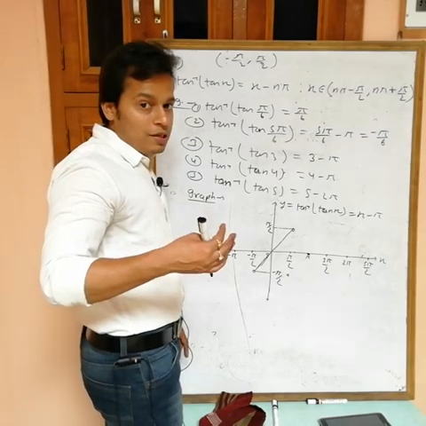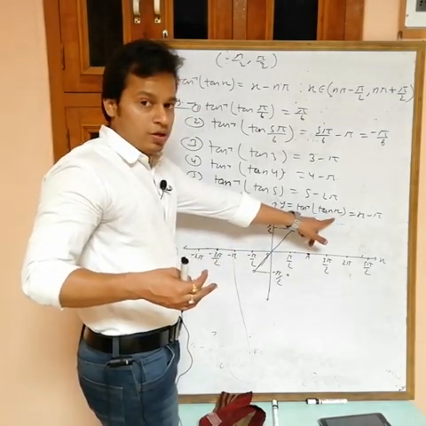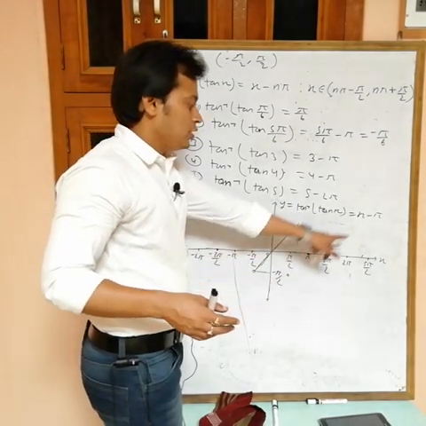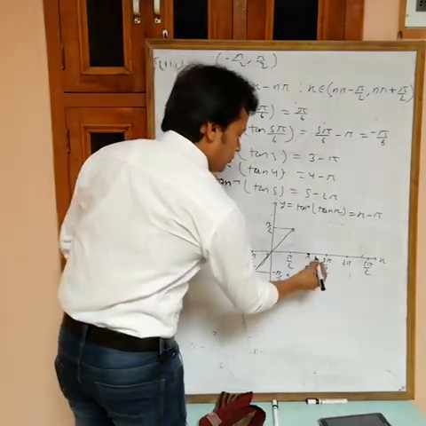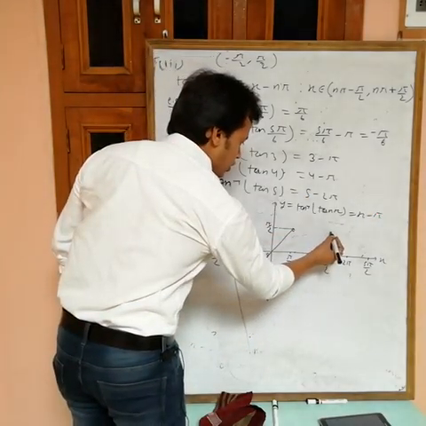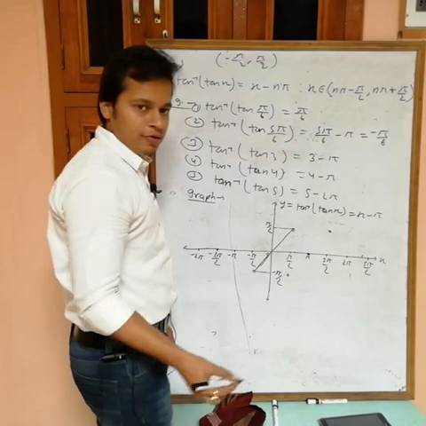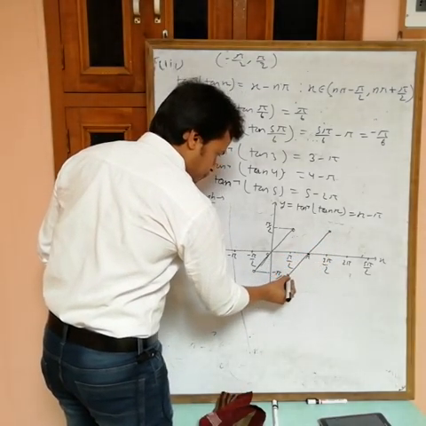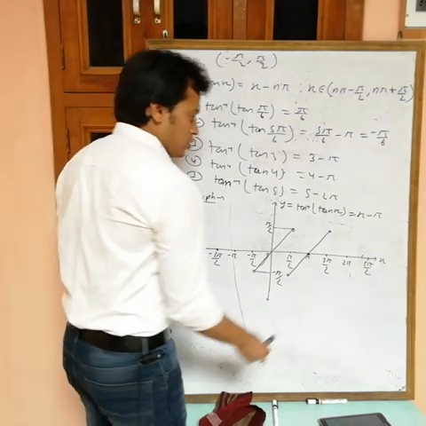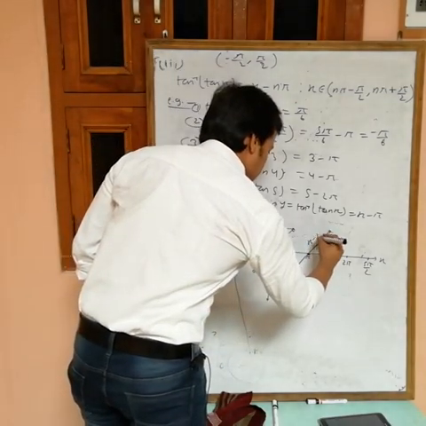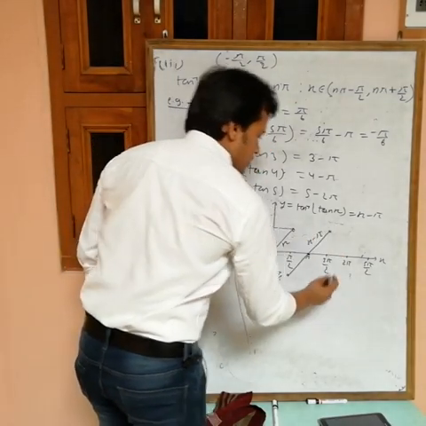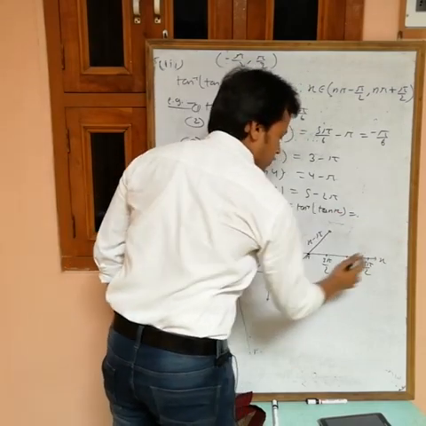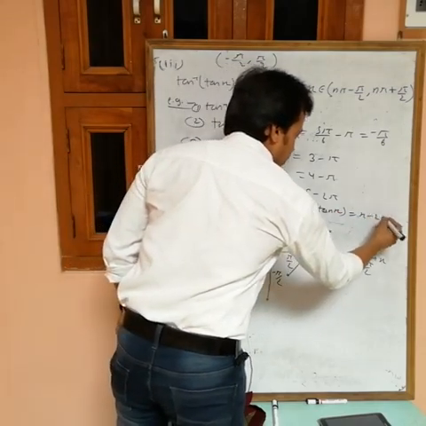Put 3 pi by 2. Every odd multiple of pi by 2 is not in the domain, because tan is not defined. If you put 3 pi by 2 minus pi, what are we getting? Pi by 2. Pi by 2 but not in the domain, so white hole. Again join them. And the equation of this one is x minus pi. Similarly for this one, near to 2 pi, the answer is x minus 2 pi.